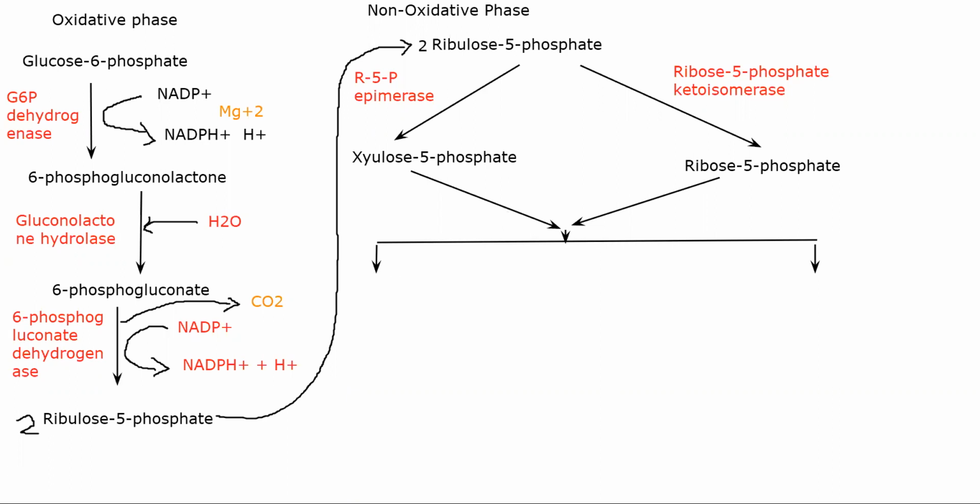To this I subject transketolase. Transketolase will basically shift carbons from one molecule to the other. What happens is this enzyme transketolase will catalyze the transfer of carbon from xylulose 5-phosphate to ribose 5-phosphate. Basically, 2 carbons will be given off. So what happens is you will get one molecule of